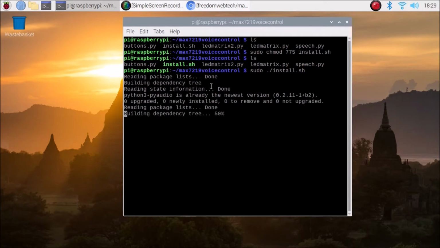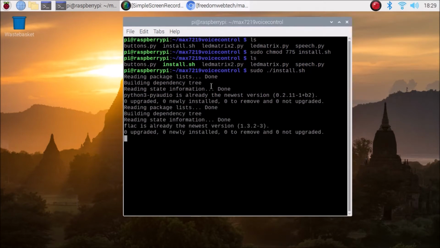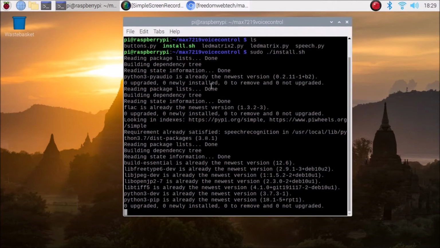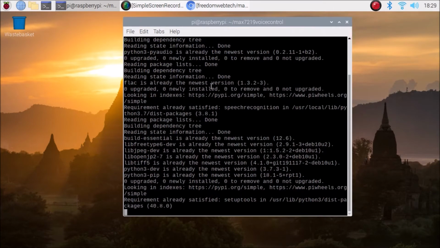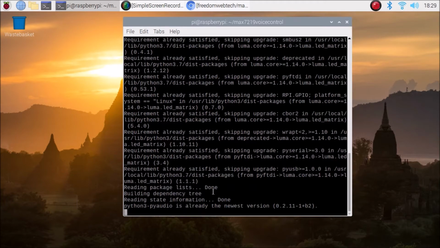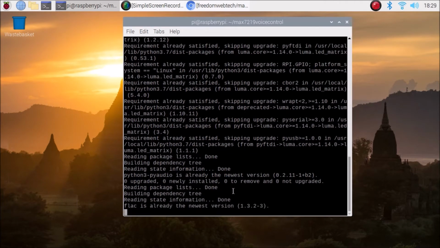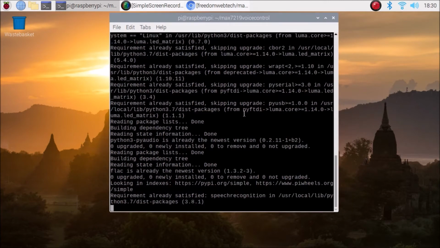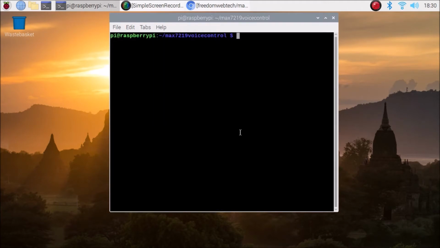It will install all the required packages on our Raspberry Pi 4 automatically, because I have already mentioned inside this bash script the packages which are needed for configuring the LED matrix display on the Raspberry Pi 4. So you need to give the full permission and just run the bash script. It will install all the packages automatically. I have already run the script. As you can see, it says the requirement is already satisfied because I have already run the bash script. Now we are going to move forward and run our script.